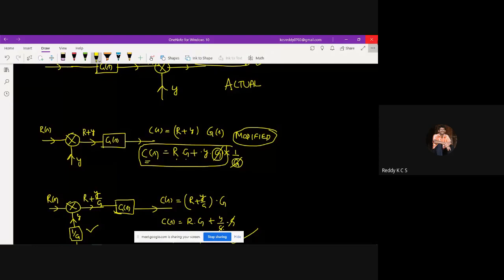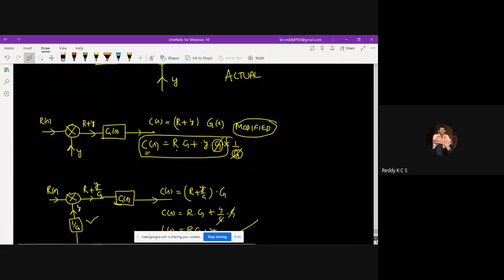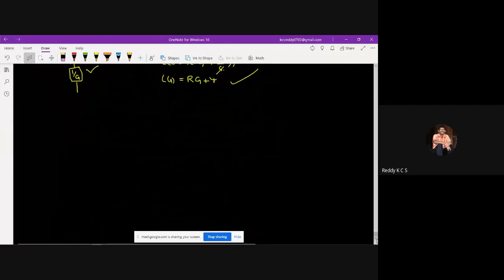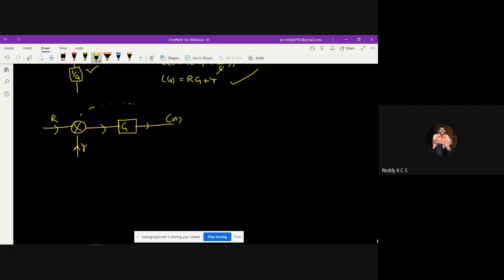All the rules are very important while solving the problem, so that we can get to know how it can be solved. So blocks in series, blocks in parallel, and shifting a summing point behind the block. Next we will go to shifting a summing point beyond the block. Beyond the block means, for example, my summing point is here with R, and here is the Y, and I have G here, and then C of S here. So if I want to shift this after the block, beyond the block, this side I want to shift.